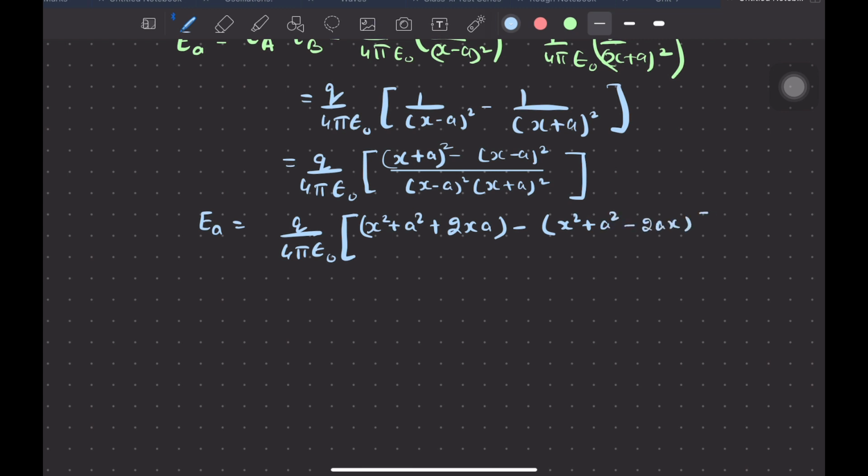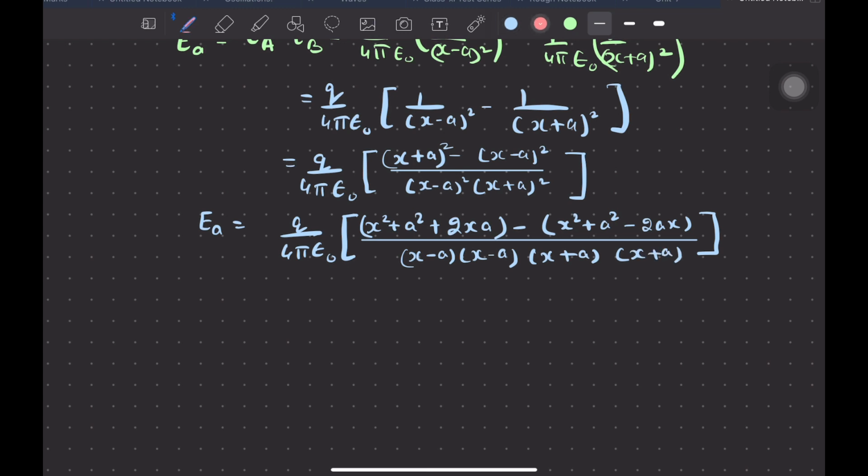It is very important, again I will say, to take care of the brackets, otherwise you will confuse the signs and you can make an error. So here, just for everyone's feasibility, I am opening up these two brackets. (x minus a) whole square could be written as (x minus a) into (x minus a). Similarly, I can open up this bracket, (x plus a) into (x plus a).